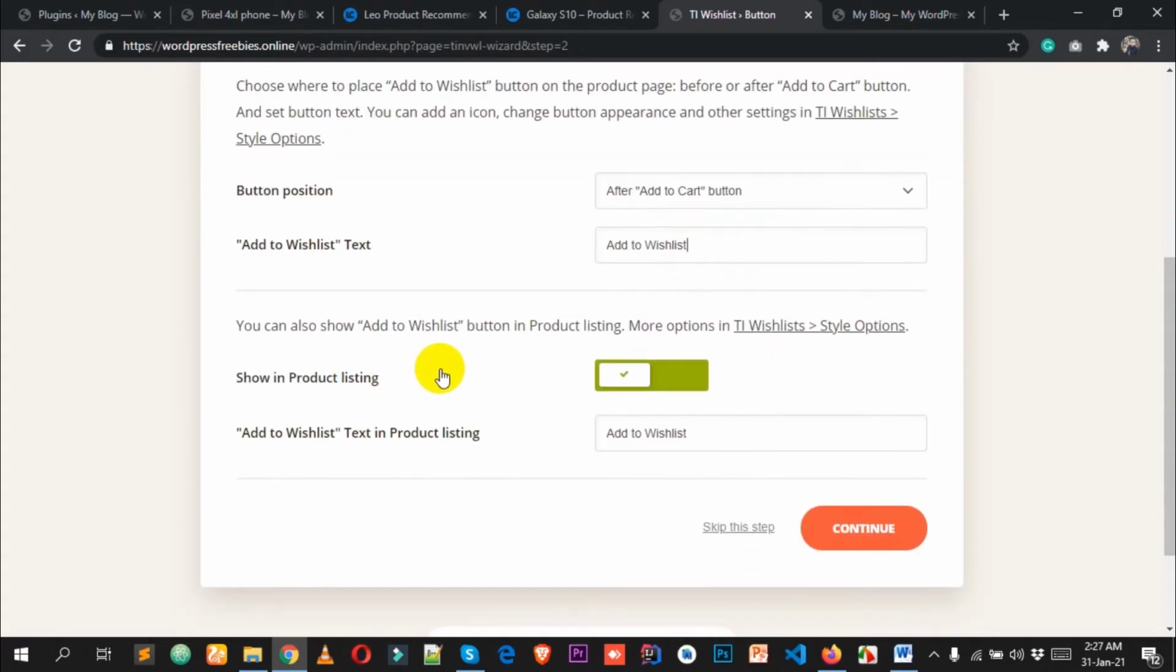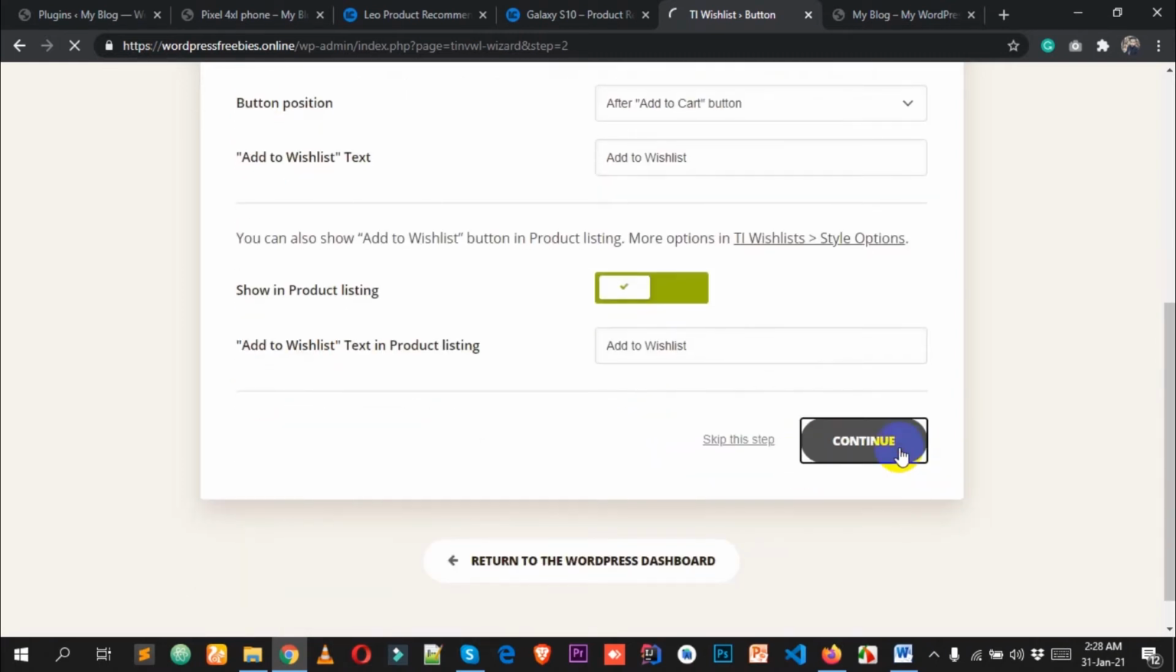Okay, and make sure to enable this. Just keep this default. You don't have to click here. And after that, you can see the add to wishlist text in product listing. This is going to show in the product listing page, I mean, in the shop page. Okay, this will say add to wishlist. And if you want to show anything else, then you can simply remove it and enter your own custom text. But I don't want to enter custom text, so just simply enter the default text here, and from here click on continue,